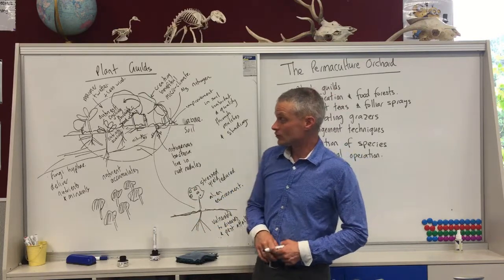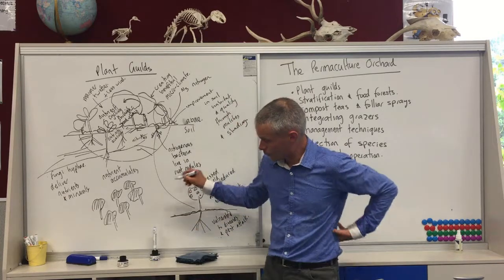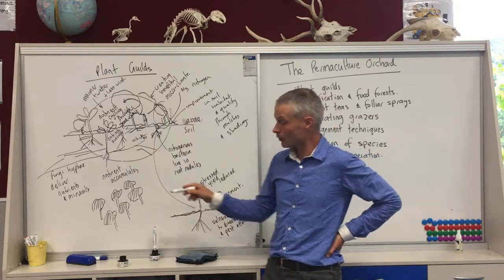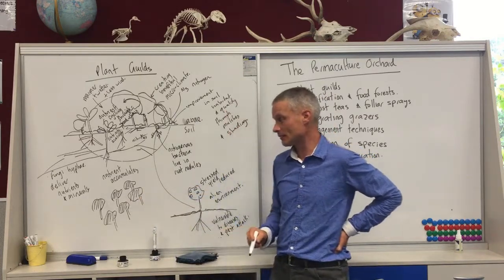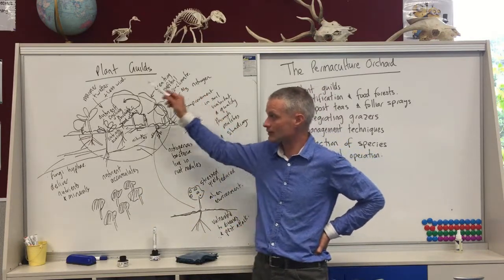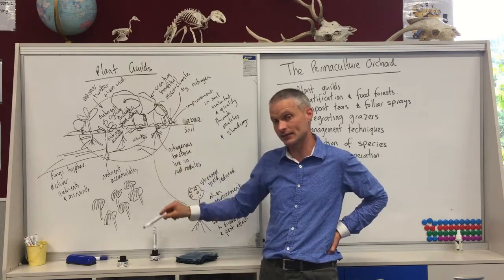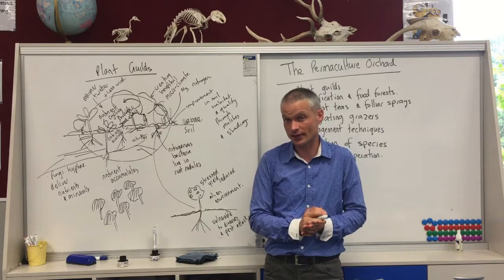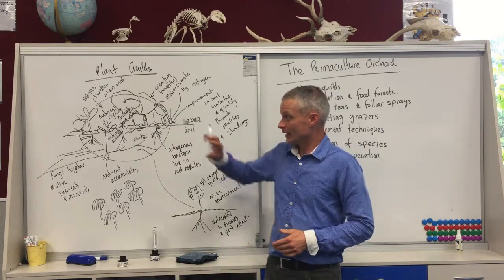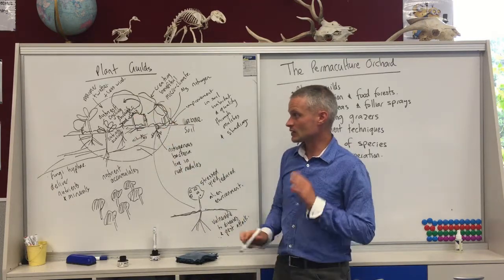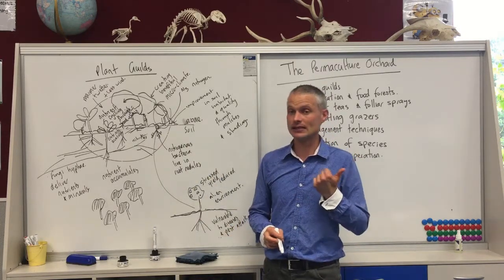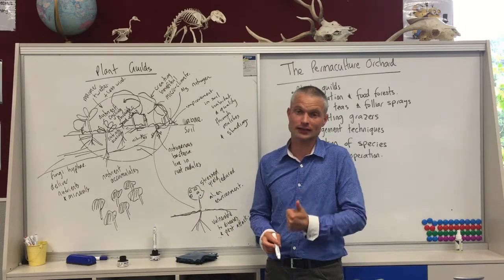So what we need to do is work with either a redesign of the system or a retrofit of the system to make it more aligned with the type of system that these plants would like to live in. So that's the objective of a permaculture orchard design. It's to either, how can we take the system, simplify it, replace species with ones that are going to be most beneficially productive to us,